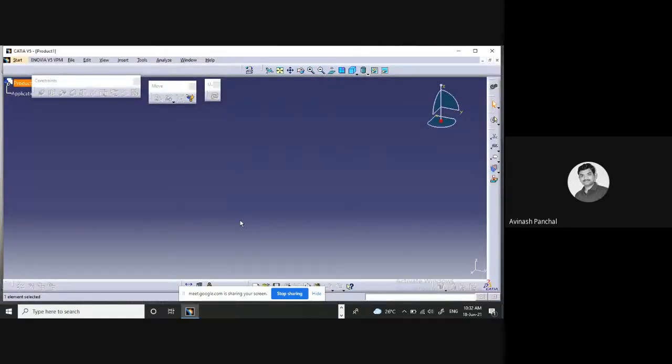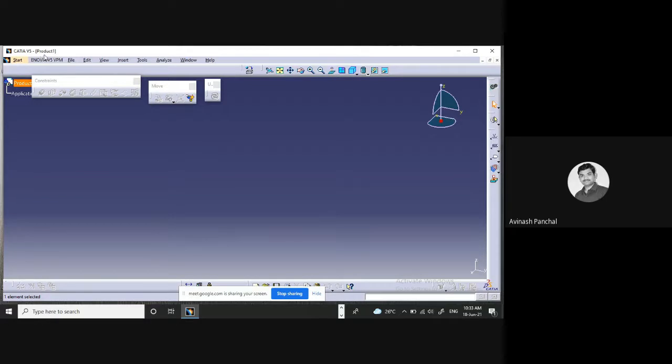Now we will turn toward this CATIA software. This is what the window. Is it visible to you? Hello. Yes, sir. CATIA window is visible, no? Okay, okay. So you can see this is our big and very nice experience. I can see this is the simple window of your CATIA.